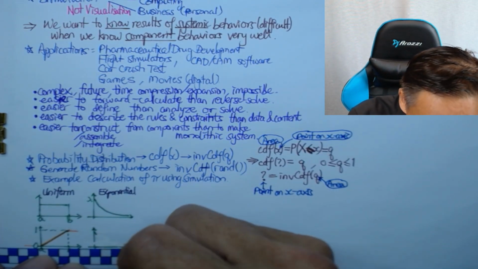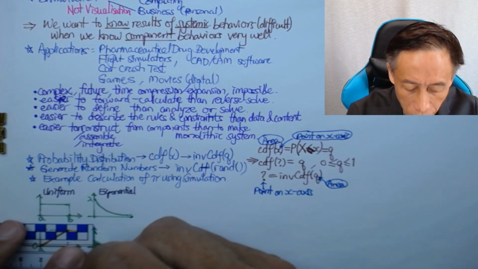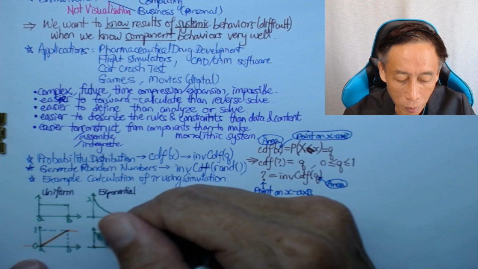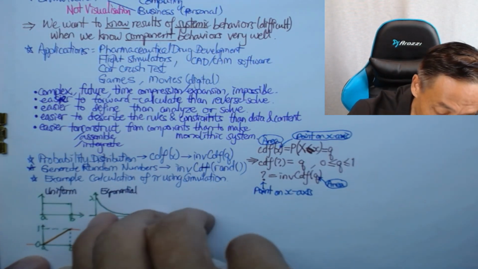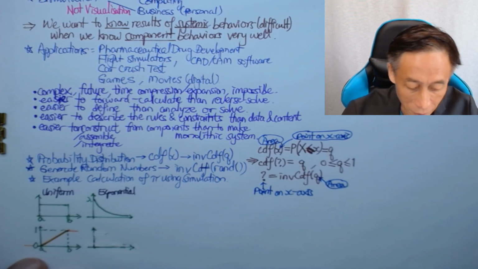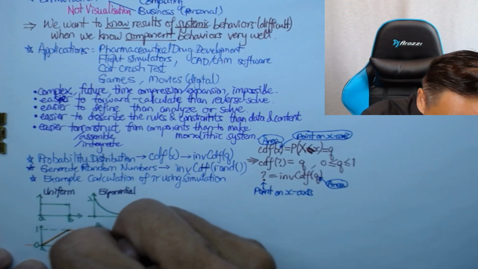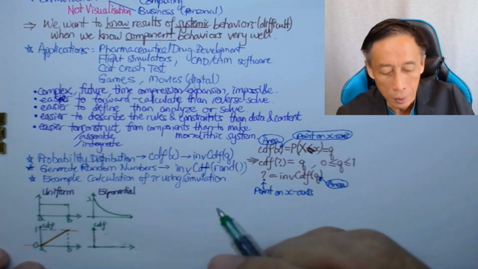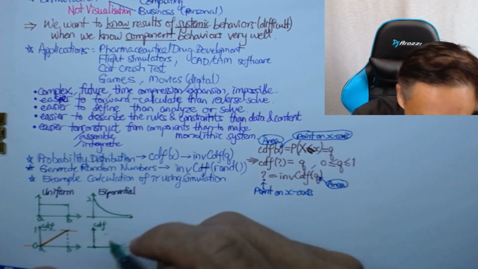Because the CDF always starts from 0. So when I drew it, it started from somewhere high up there, clearly not from 0. Y equals 0, because the y-axis is the CDF. And it starts from 0, and then it rises to 1